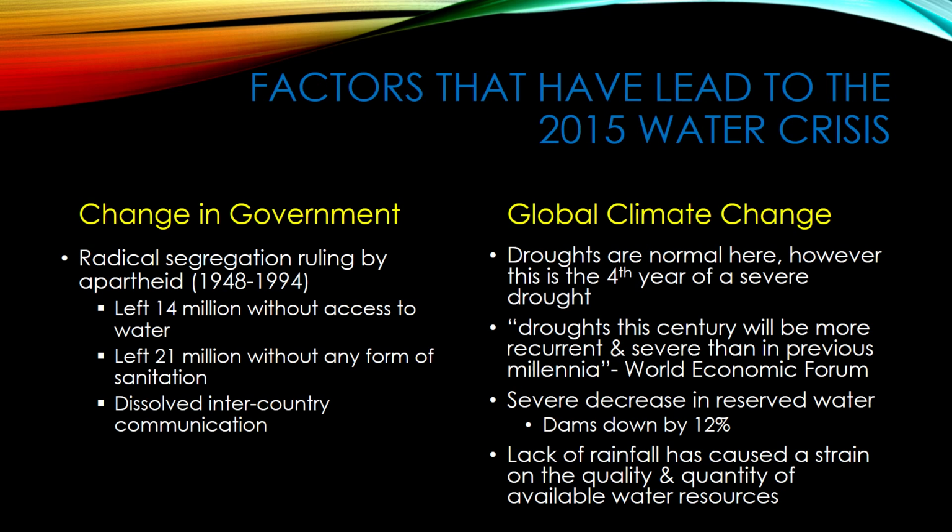However, most of the natives and most of the citizens there are planned for, maybe a drought once or twice consecutively. But 4 years consecutively, that's going to take a toll on any resource that they have. Dams have been cut by 12% on average throughout the entire country. Last May, in 2014, almost all the dams were about 90.1% full. However, now, in May 2015, dams are only 79.2% full.